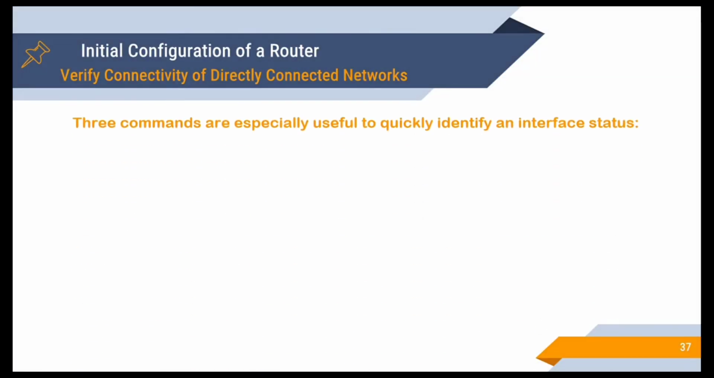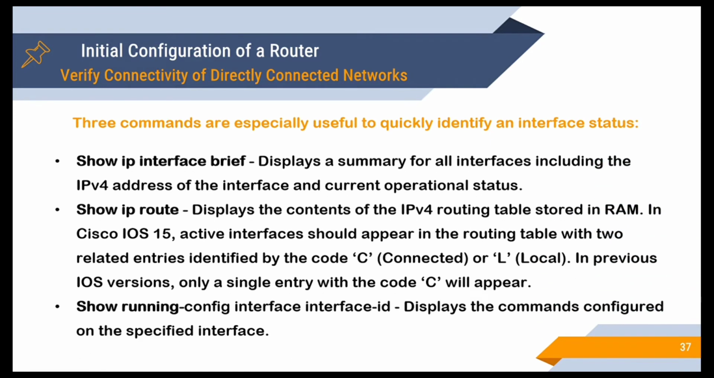There are several show commands that can be used to verify the operation and configuration of an interface. The following three commands are especially useful to quickly identify the interface status. Show ip interface brief displays a summary for all interfaces, including the IPv4 address of the interface and current operational status. Show ip route displays the content